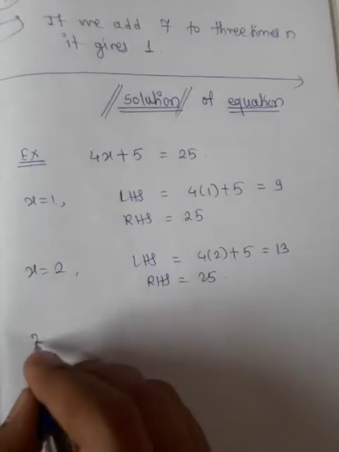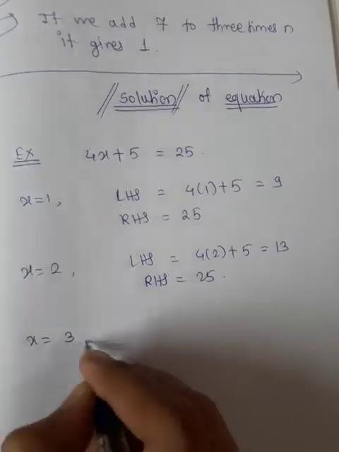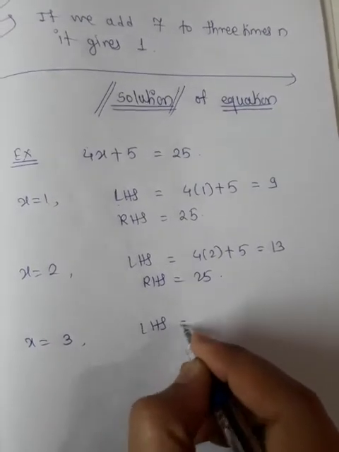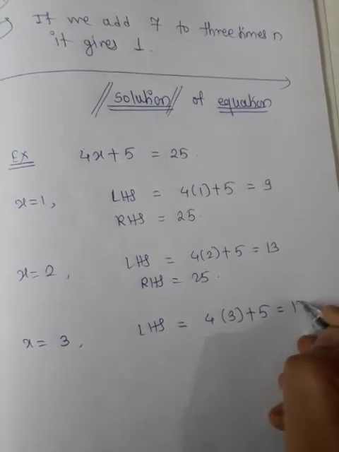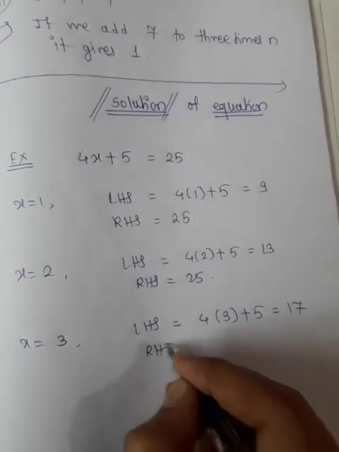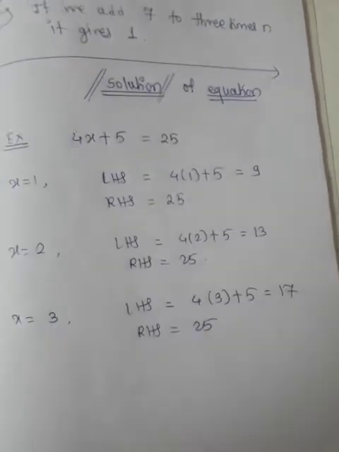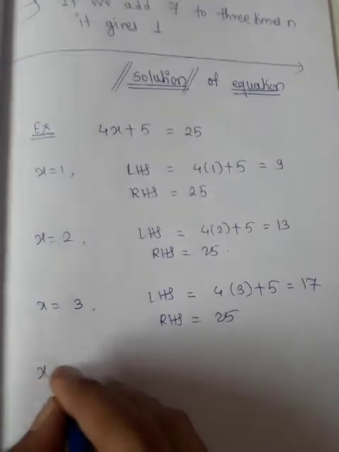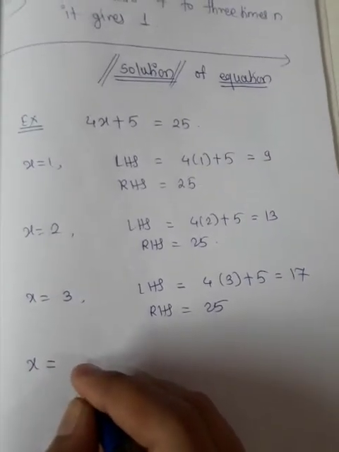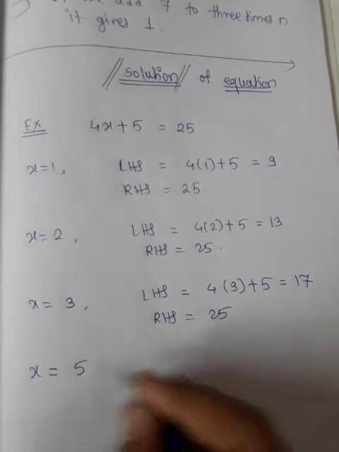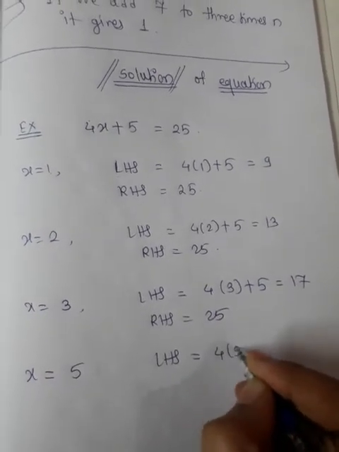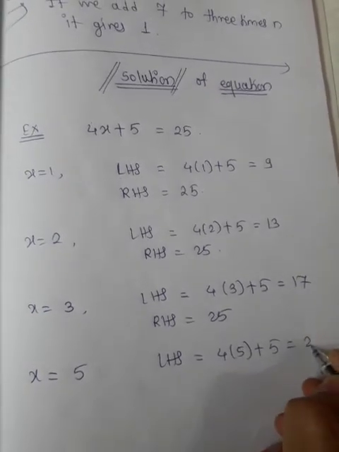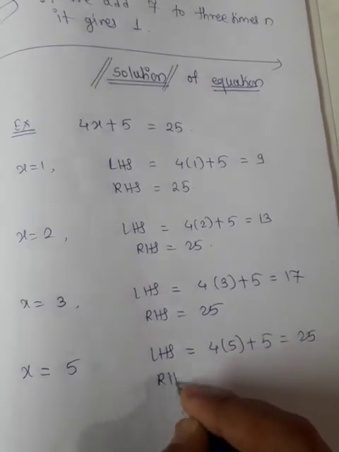If we put x equal to 3, then LHS becomes 17 and RHS remains 25. Now if we put x equal to 5, then the value of LHS becomes 4 into 5 plus 5, that is 25,